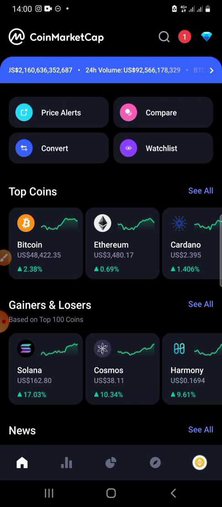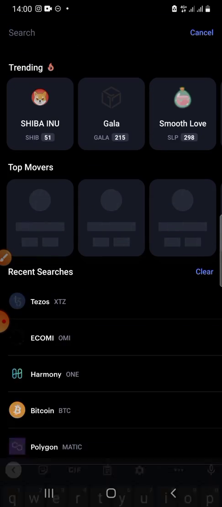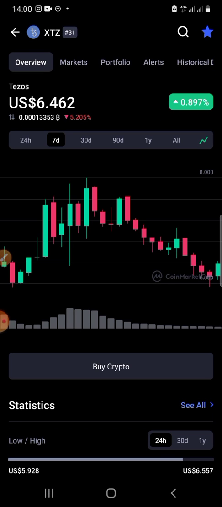Okay, so seeing some life back into the markets. So this is our project we're going to be using. We're going to be evaluating this project called Tezos. Its ticker name is XTZ, and the token is called Tez. Right. So you're going to go deep into this coin, this project, evaluate it, and see if you stumbled upon this project. Is this a project you should go into? And what exactly is it about? So that you can make a very good decision.